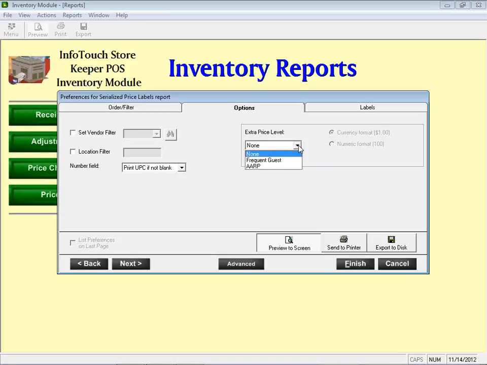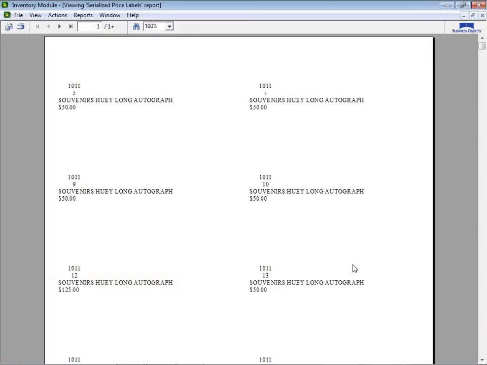So you might want to highlight the fact that, hey, this is $3 for off the street customers, but if you're part of our frequent buyer program, you get it for $2.50, and you can put that right on the label. You also do have an option of using the short description of the item if it's there instead of the regular description. We'll just go ahead and finish out, and you'll notice we went straight to item 1011, a souvenir,